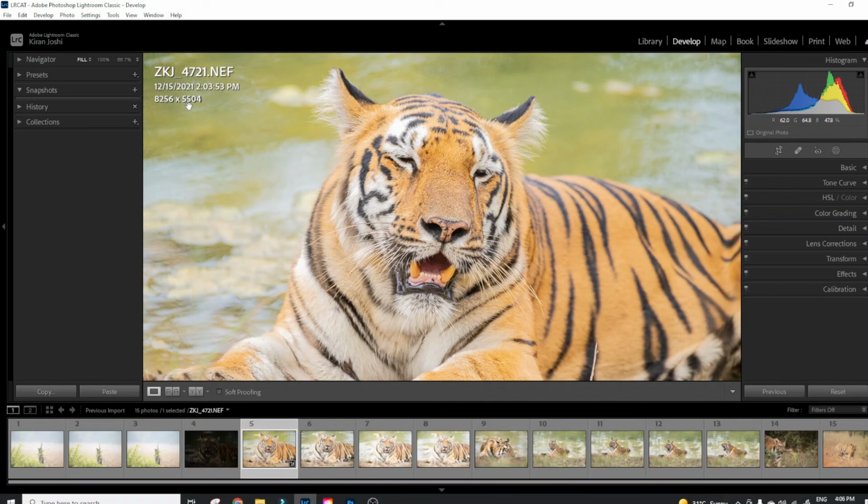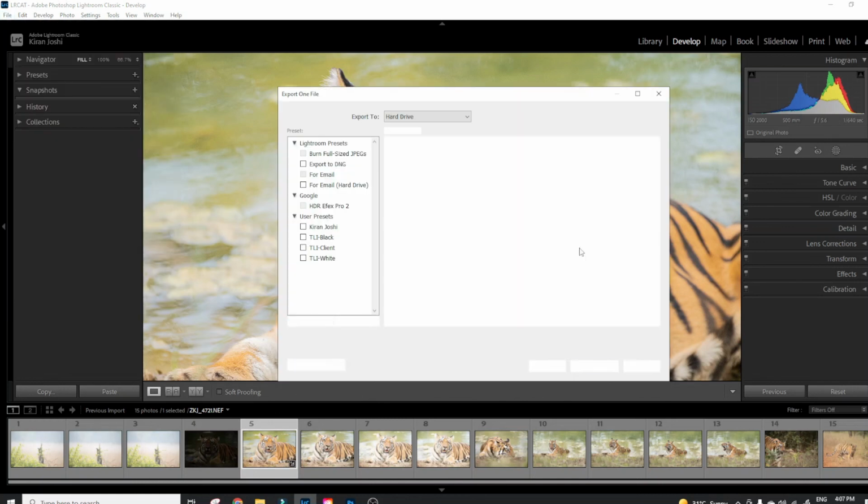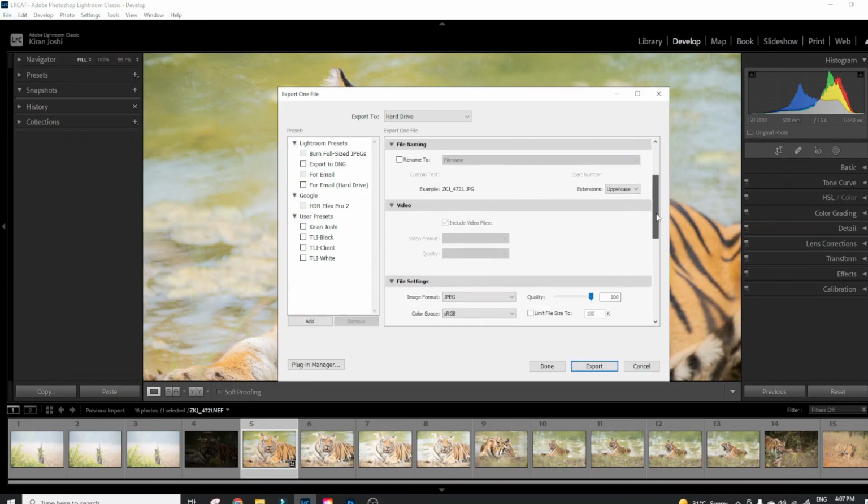If I press the I button, I for India, the information will change. It will also show me the settings: at what shutter speed, what aperture, what ISO the image was shot, and at what focal length the image was shot. If I press I again, the information will vanish. So the same thing when we are going to export. So we were on this particular tab of